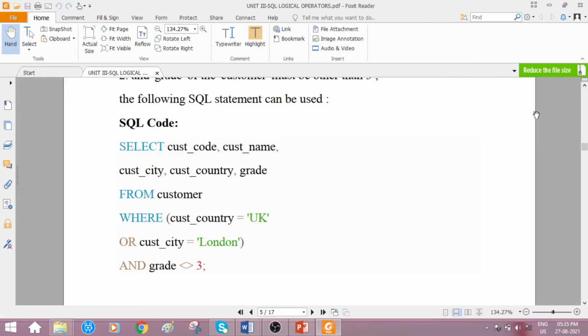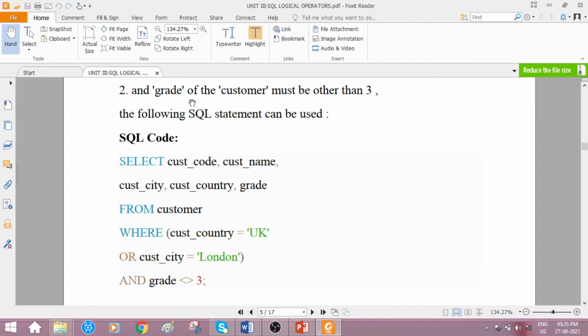That is a condition we observed, right? The grade of the customer must be other than 3. Must be other than 3 means it should not be equal to 3. So the AND logical operator, and the column name is grade. This is the symbol of not equal to, then 3. It should be other than 3, which means not equal to 3. Hope you are following this. So note down these query examples, so it will be easier for you to write the examples with the required queries.